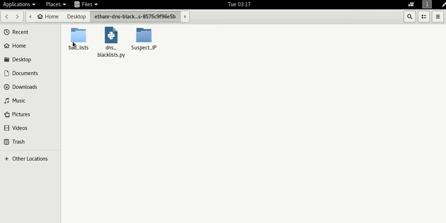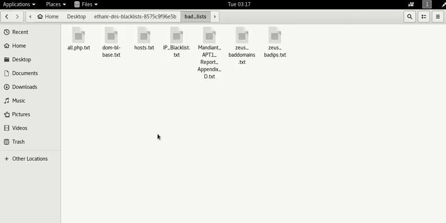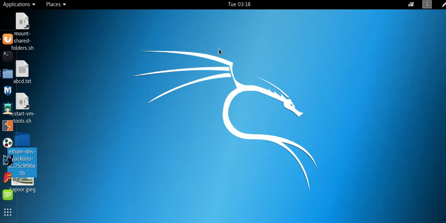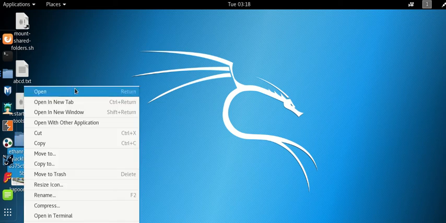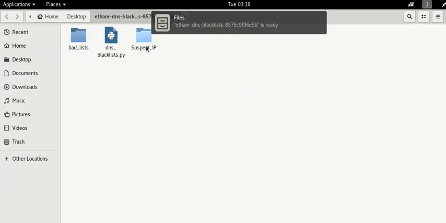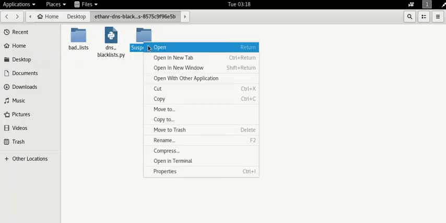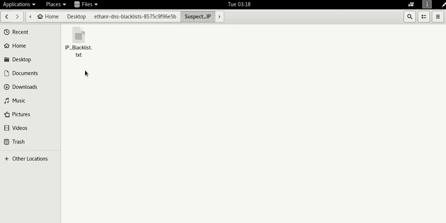Right. Now what you will do is you will just open the badlist folder. Here you will see there will be a text file named IP blacklist. So just copy the text file and paste it into the suspect IP folder. I have pasted it already.